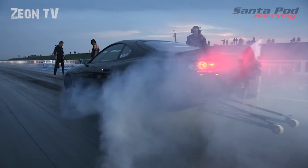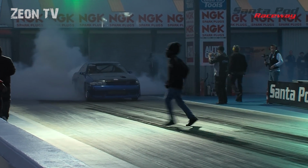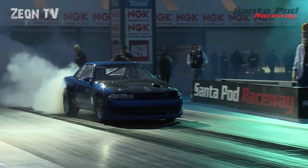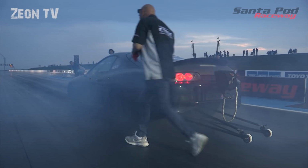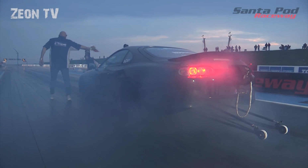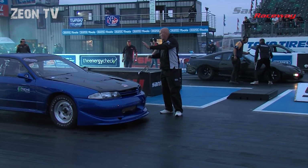So the 6-cylinder final. Gary Gooding up against Mark Mosley. That's Mark doing the tyre warmer in the near lane. Really good to see Gary Gooding out again. This car was normally in the bin for a while in Street Eliminator. Wheelie bars poking out the back. This will be for